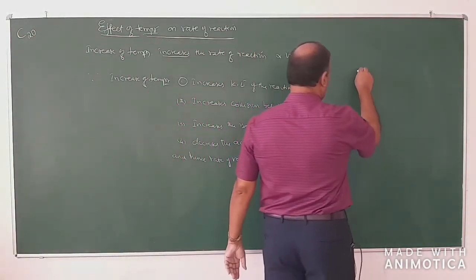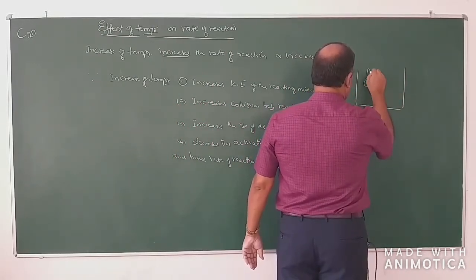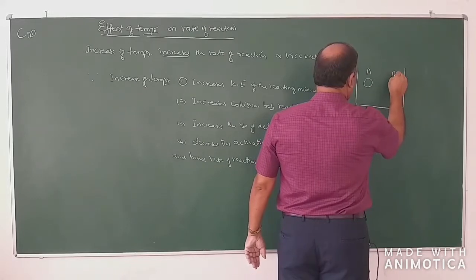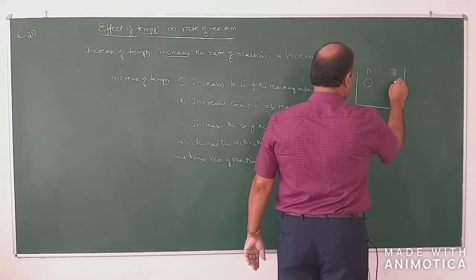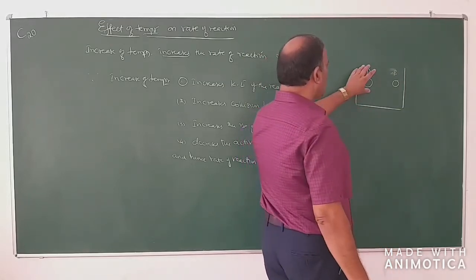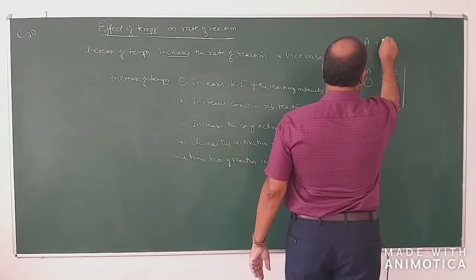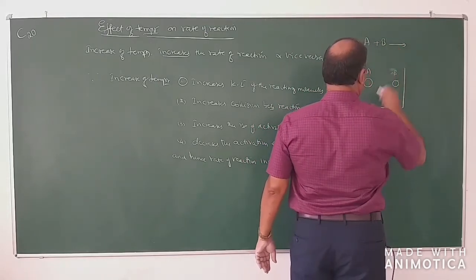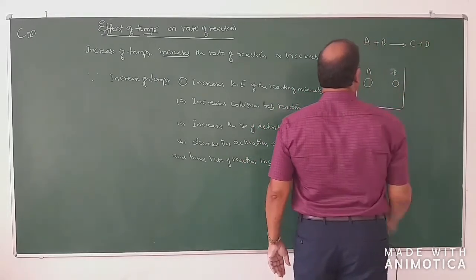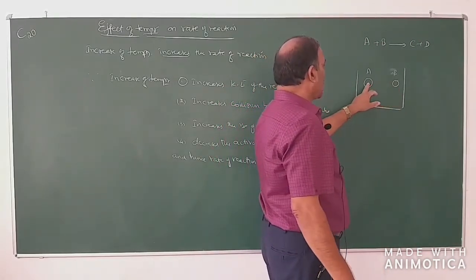Say, for example, this is a reaction containing molecules of A and molecules of B. So there are so many molecules of A, so many molecules of B. If a reaction between A and B takes place to give C plus D, first, if temperature is increased, kinetic energy